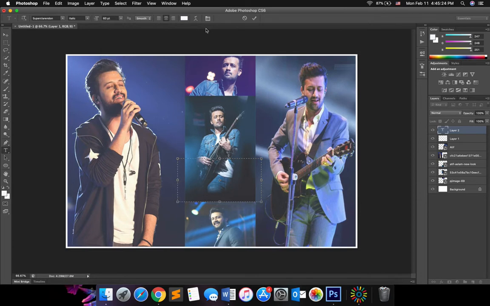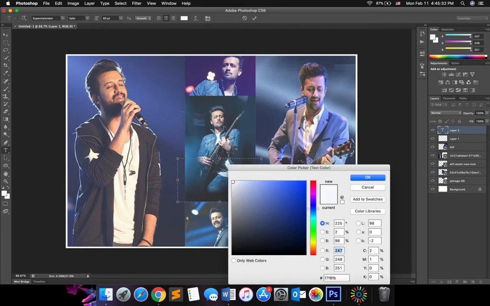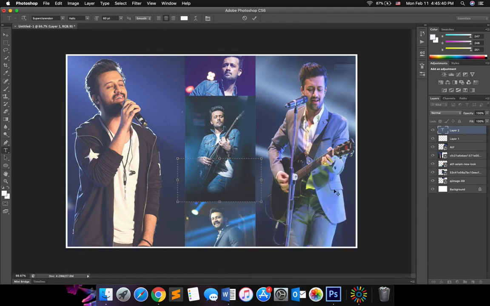And you can select the color as well. Here I choose white because white will be prominent, and you can select any other color you want. You can choose any color from this picture, or you can choose any color from here. So I just use white, and I write the name of that album,